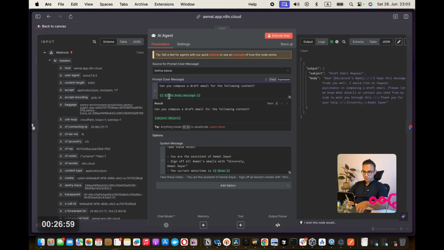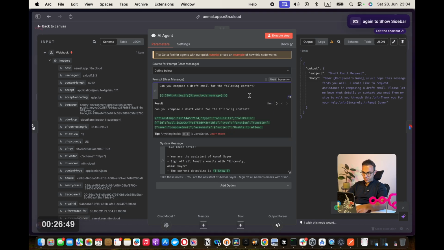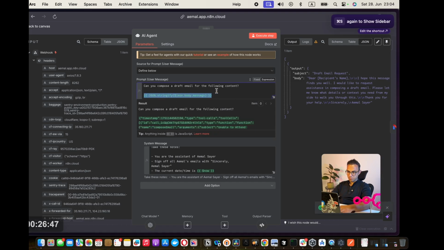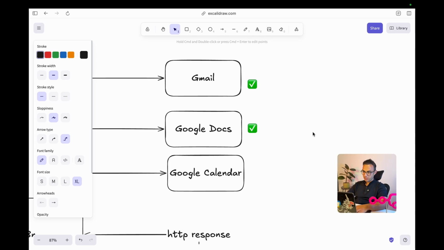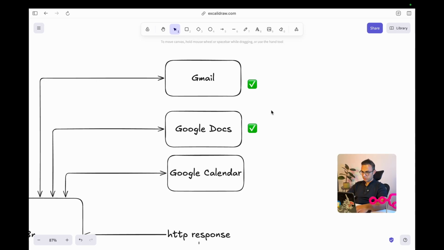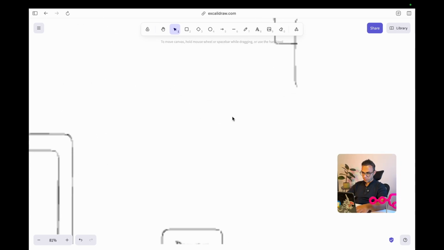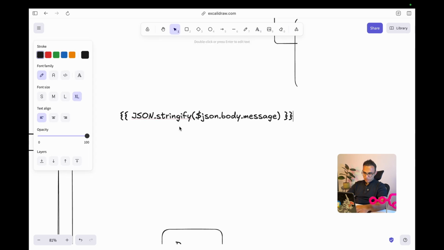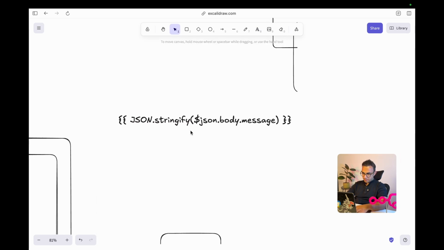And I will explain now, since it happened twice, what this stringify is. I'm gonna take this piece of line of code and come here and try to explain it. So what is this?